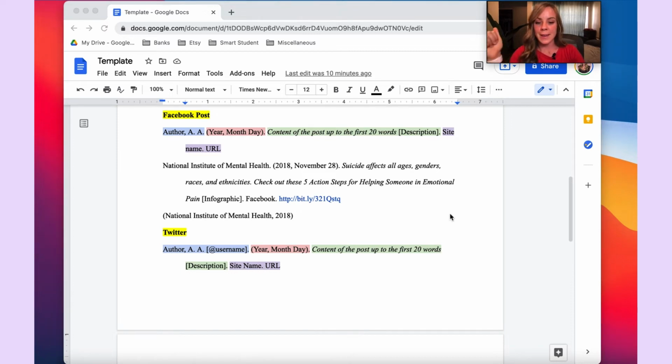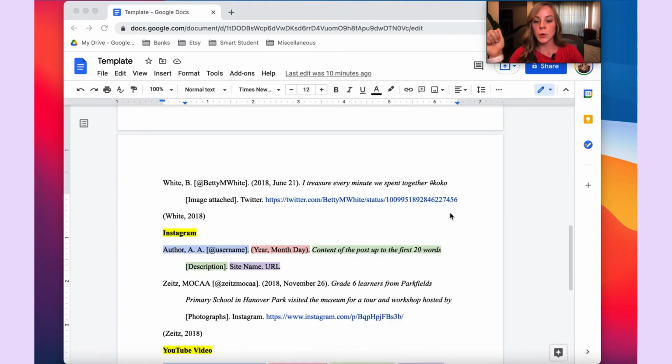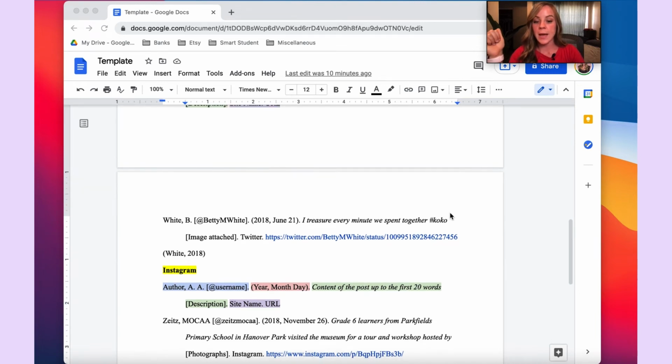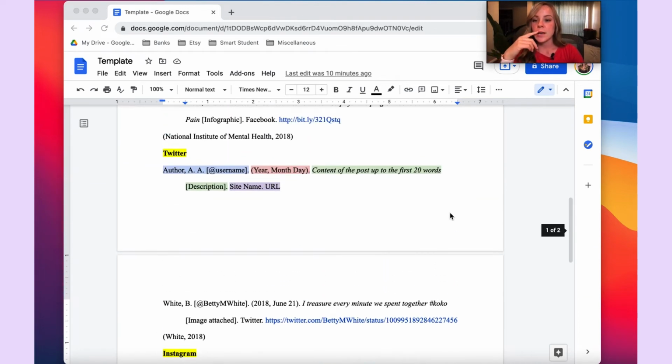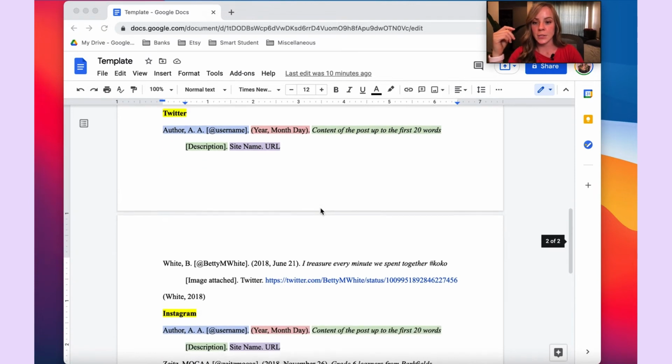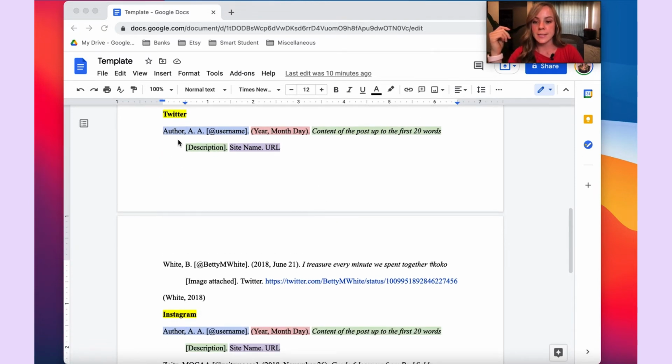Cool. Moving on to the next example. And I'm actually going to group the next two together because their templates are identical. So let's talk about Twitter and Instagram. And when it comes to this template, everything stays the same as the previous one, except that you need to include the username in square brackets after the author element. So when it comes to Twitter, here would be the author of the Twitter account. In other words, who posted this post that you're trying to reference. You then have their username formalized right here in those square brackets.